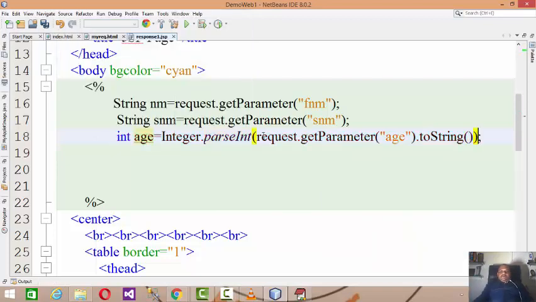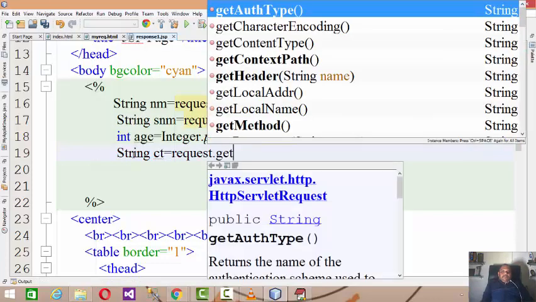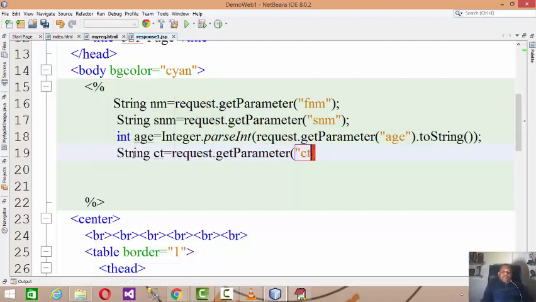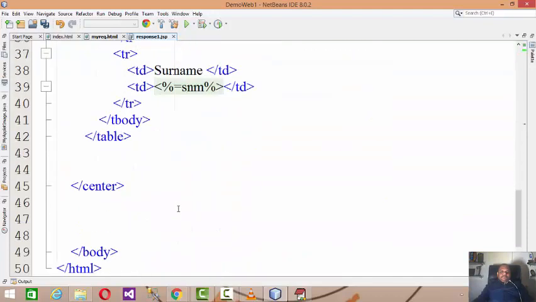You convert that requested data posted to the server to a string and then parse it to an integer. Then you have String city, that is request.getParameter and city. Now you have name, surname, age, city variables over here.